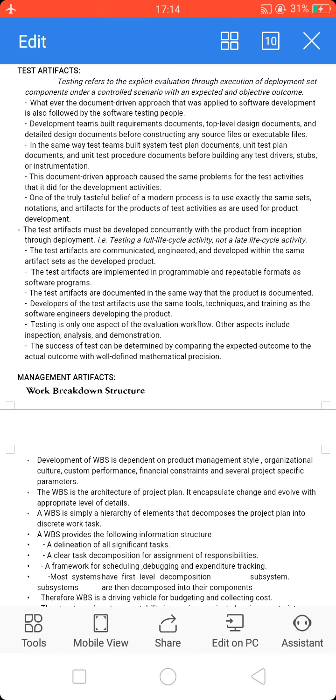Testing refers to the explicit evaluation through execution of deployment set components under a controlled scenario with an expected and objective outcome. The success of a test can be determined by comparing the expected outcome to the actual outcome with well defined mathematical precision. Tests are exactly the form of assessment that is automated.